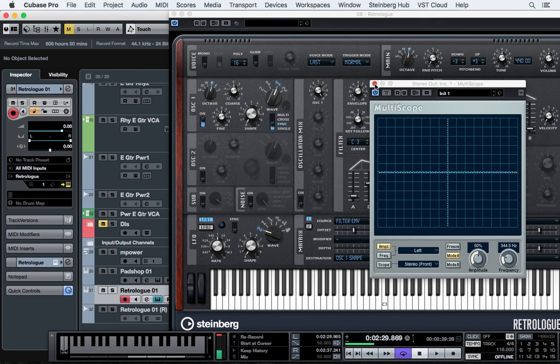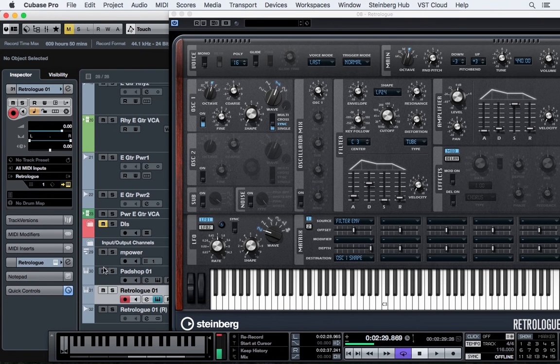That is going to be on Oscillator Sync in Padshop Pro. You can see that I have an instance of Padshop and an instance of Retrolog right here. I just basically made the same preset in both. This is the Retrolog preset, and I'm going to be playing C3, and you can see I have